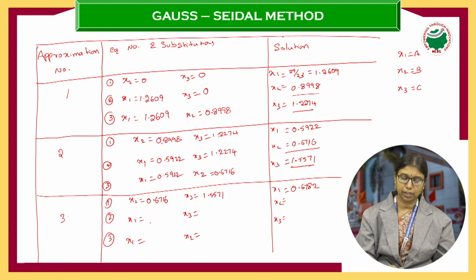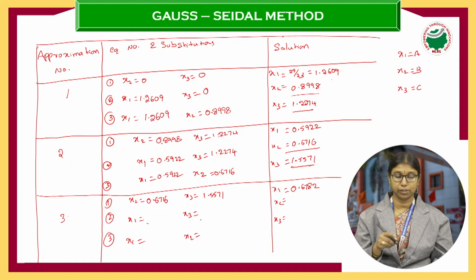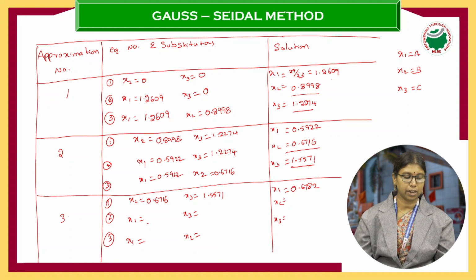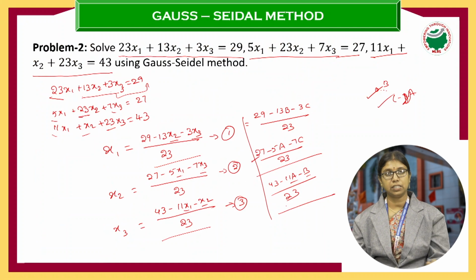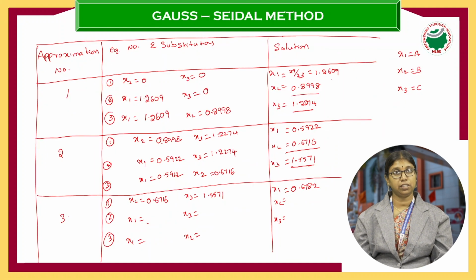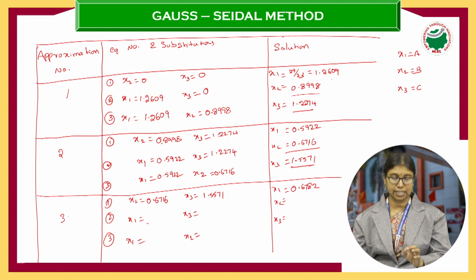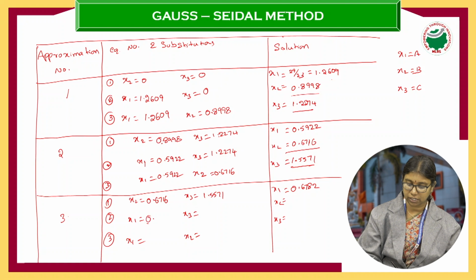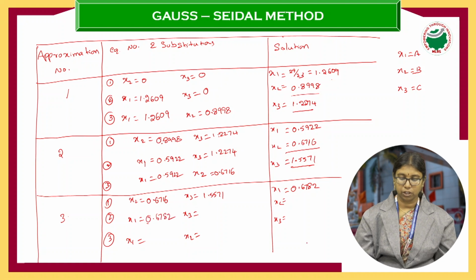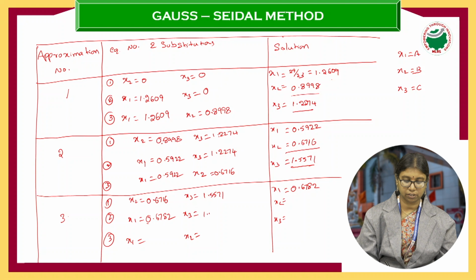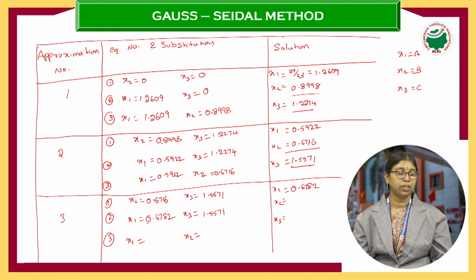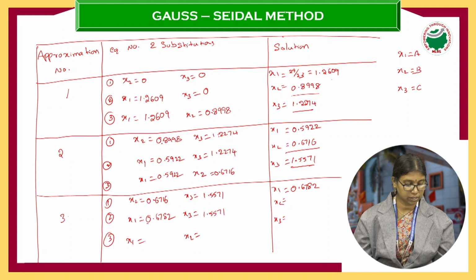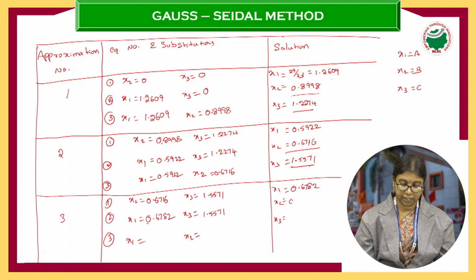For x2 value, again you take x1, x3 in the second equation. For second equation, press upper arrow. Then you will get this equation 27 minus 5a minus 7c by 23 on the screen. You press calc button. It asks the values of a and c. A is x1. The latest value for x1 is 0.6782. For x3, the latest value is 1.5571. Enter these two values, that is 0.6782, 1.5571. Then you will get x2 as